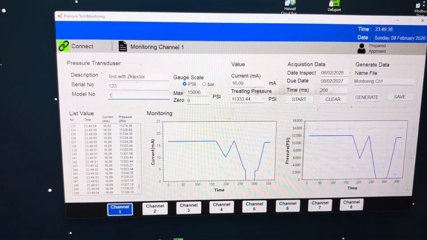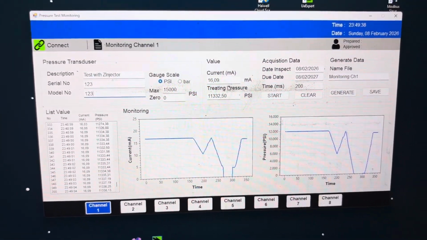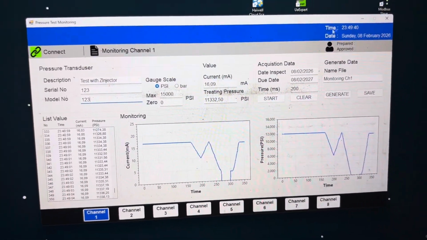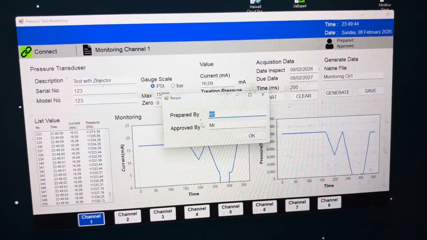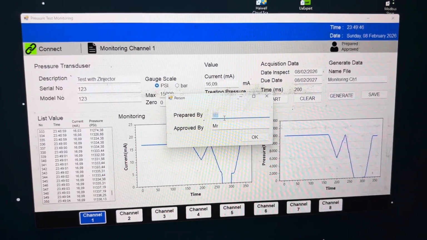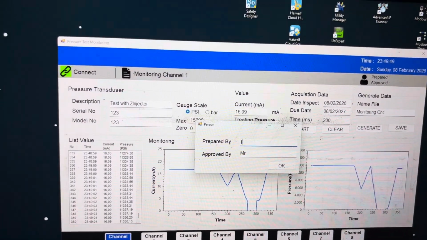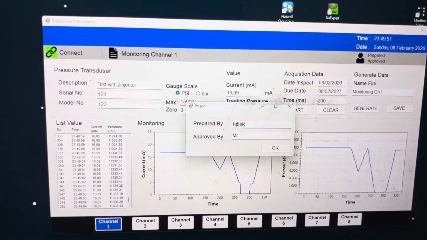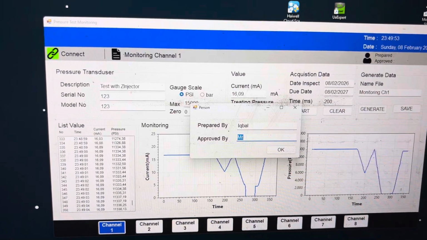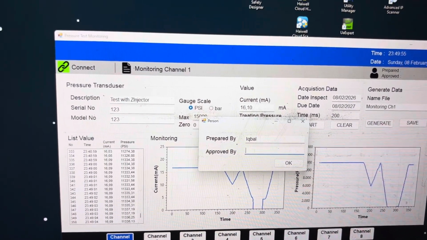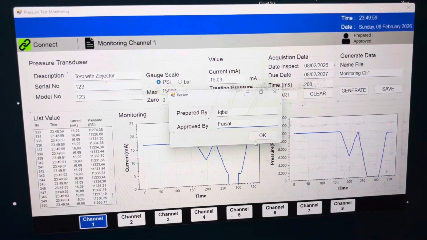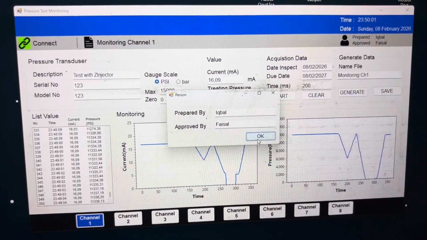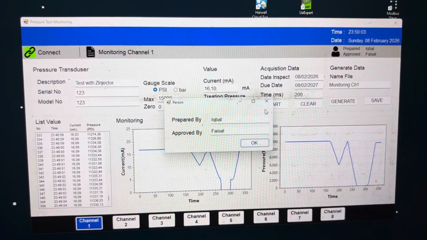Model number is 123. And we can click for the application. We can fill in prepared by, maybe I can type my name, Iqbal. And approved by Faisal. When we are done, we can click OK. After that, close.